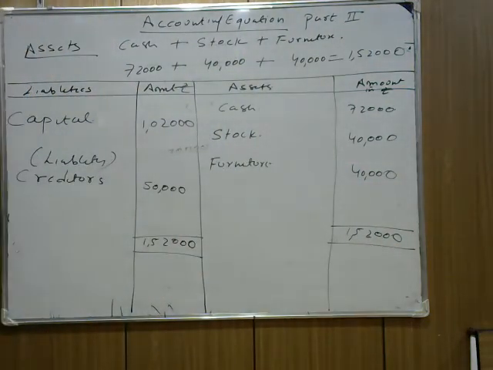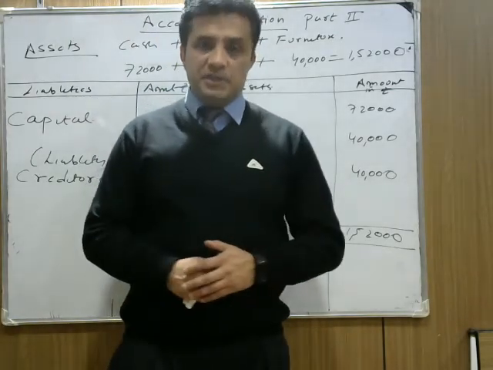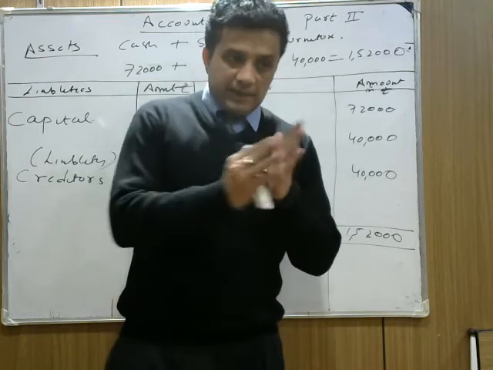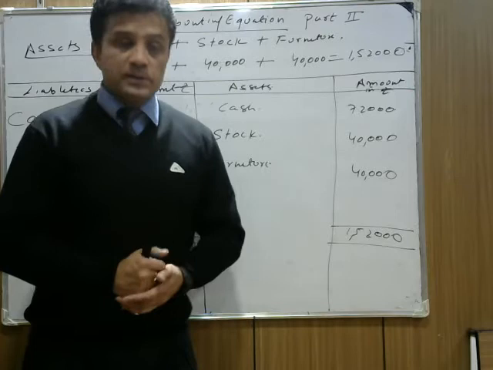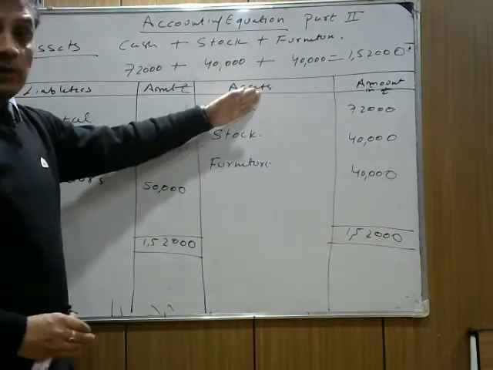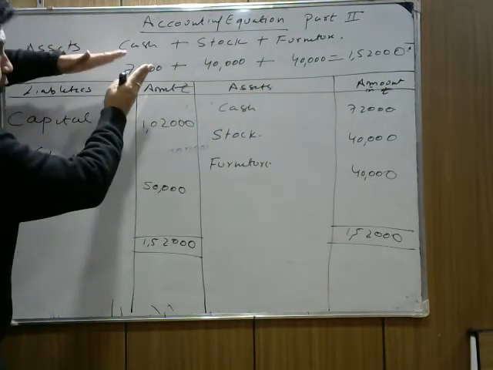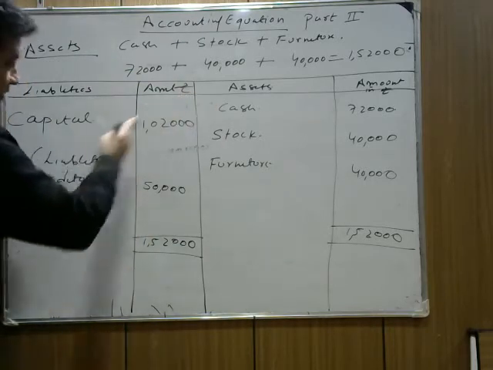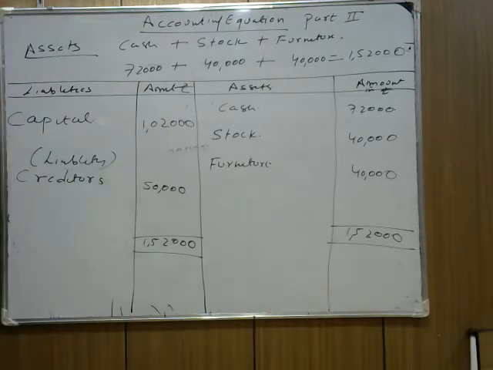This is a general introduction I am giving you. There are many other contents in the balance sheet which we are going to study later, and understand the basic concepts which I taught you in my previous videos, to understand how we make a balance sheet and why asset is equal to liability plus capital. This side is called assets. This is called liabilities, and here is capital. We follow the accounting equation here also: asset is equal to liability plus capital. Note down the balance sheet part which I constructed over here. I hope you noted down the balance sheet.